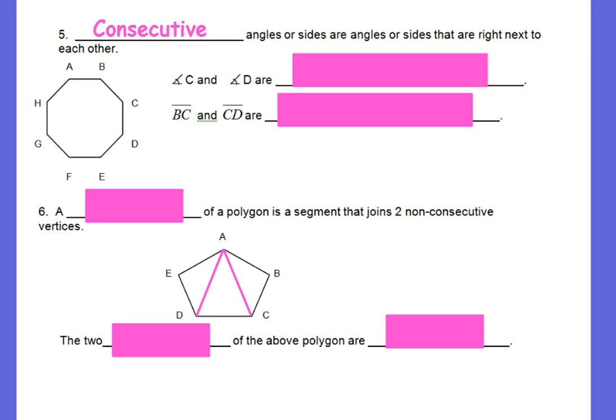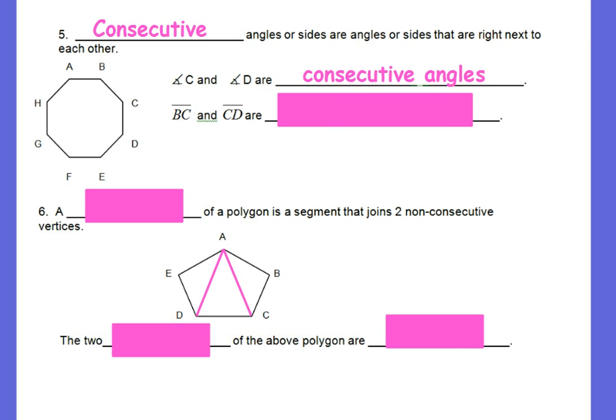A little bit more vocab. We say consecutive angles or sides are angles or sides that are right next to each other. Consecutive, kind of like if you had consecutive days of the week, would be like Monday, Tuesday, and Wednesday, right? Right by each other. Monday and Friday would not be consecutive. Okay, so we would say, for instance, angles C and D, those would be